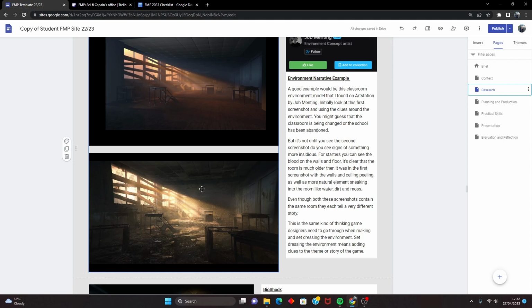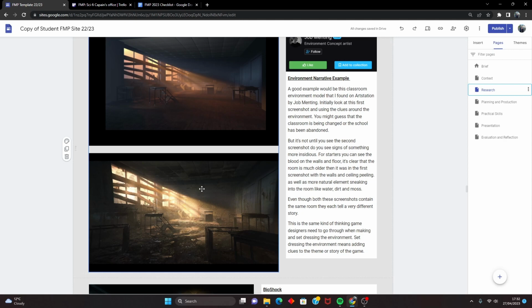It's interesting to see how different these two screenshots are, because of course they're the same environment, the same classroom, but they both have a very different story to tell,